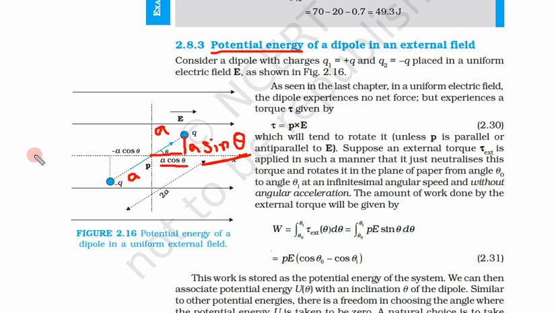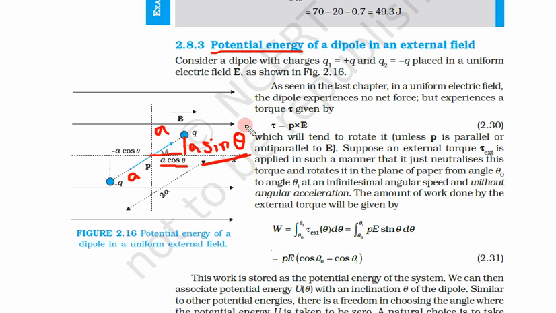If you remember, in the first derivation the electric field was in this direction, and this angle was theta. The angle of the dipole with the electric field was theta, but here the electric field is in this direction. So there is a difference. Please note down that you should not write the first expression into this one and this expression into that one. This is potential energy, whereas in that one we were calculating the torque due to the external electric field on the dipole. So there is a difference between the two questions, and both of them are very important.